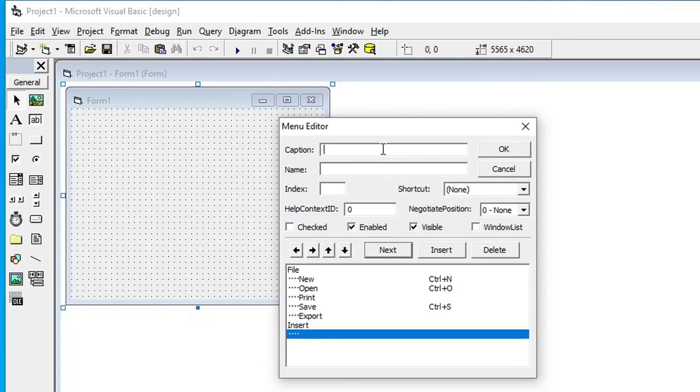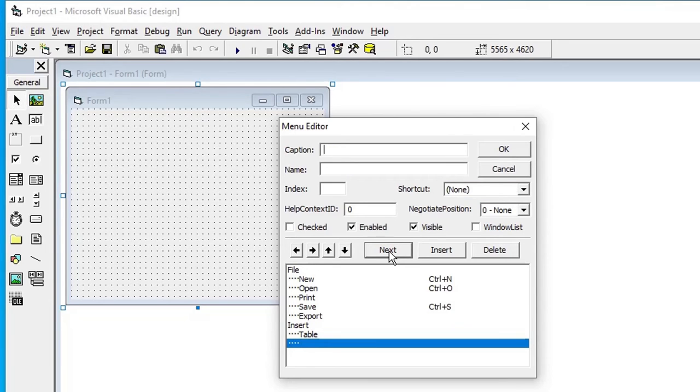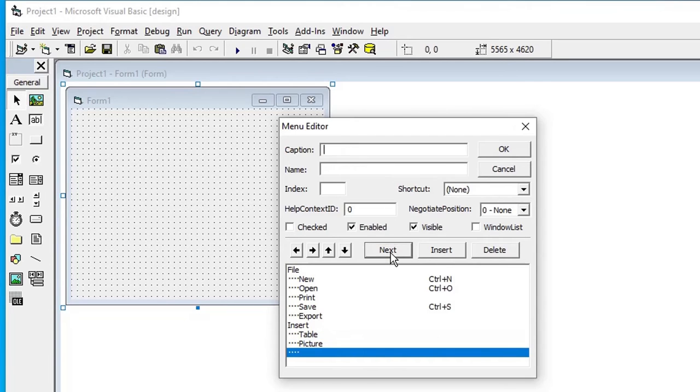I want to put table, menu table, then click on next, then insert picture, you need picture, menu picture, then you click on next, then I still want to add shape, menu shape. Please use shape,